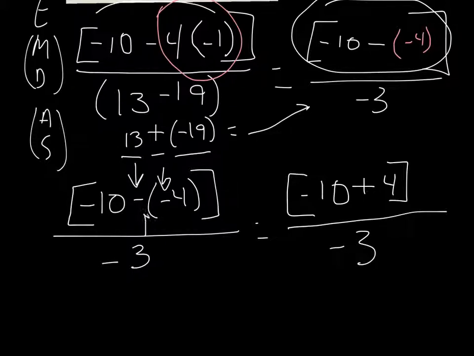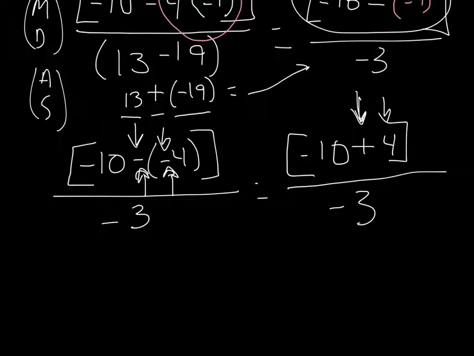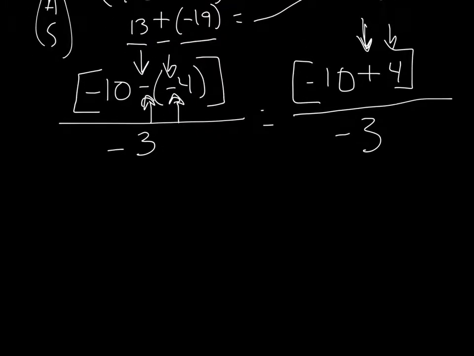Why? Because I am subtracting a debt. When I get rid of a debt, I'm actually adding, right? So subtracting a negative is the exact same thing as adding a positive. So negative 10 plus 4. Let's do that. Negative 10 plus 4. Well, if I'm in debt $10, somebody gives me $4. Where am I at? I'm now at negative 6